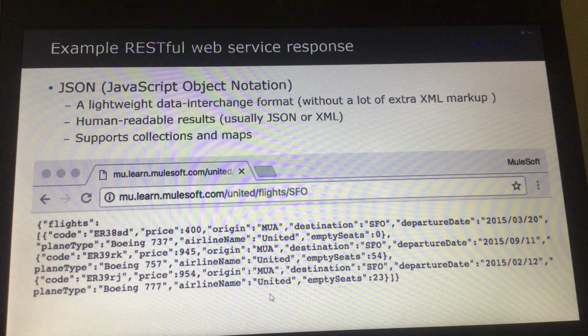You are using thousands, maybe more, of web service calls without your knowledge every day. So every click on your Facebook, every like on your Facebook is a web service call. Every chat on your WhatsApp is a web service call. Yes. So basically JSON is human readable, and